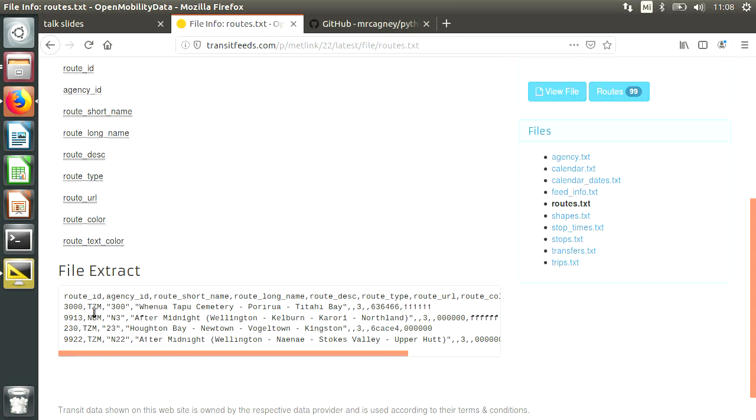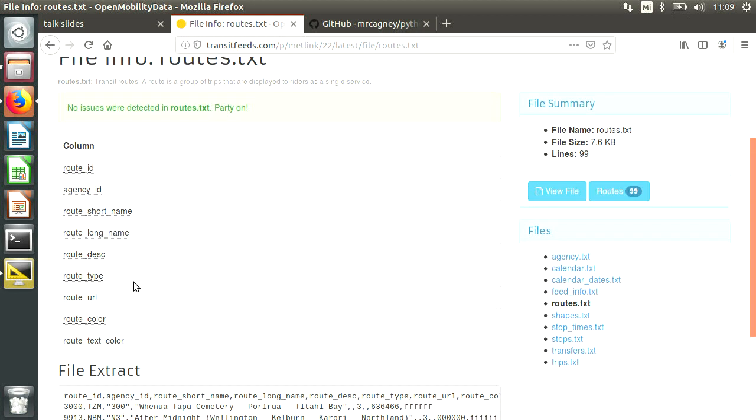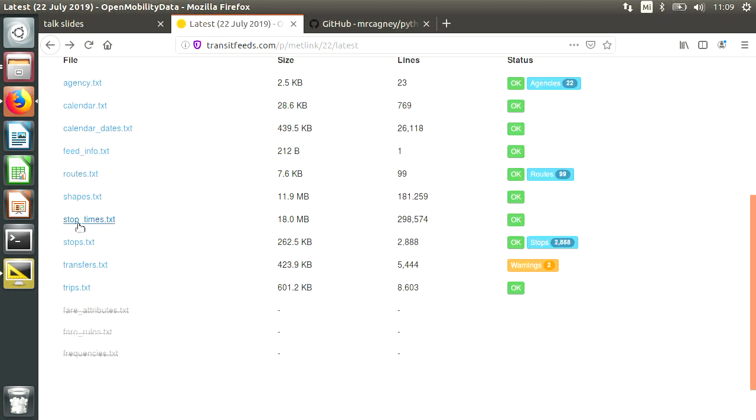Route ID 3000, agency ID TZM. Route short name 300, Whenua Tapu Cemetery, Porirua, Titahi Bay, etc. This is the description of all the routes, just their names, etc., and their IDs. A route is a collection of trips,